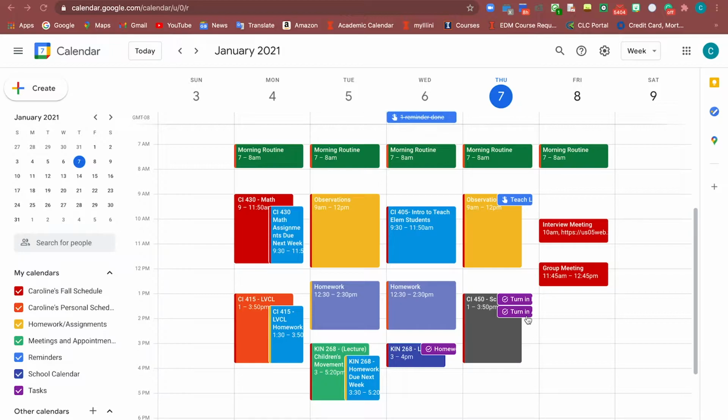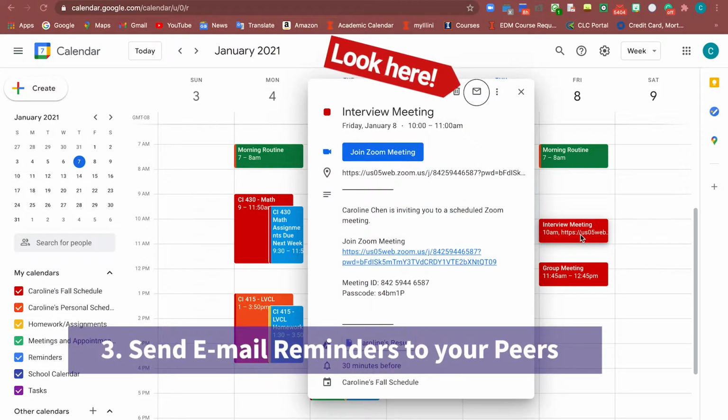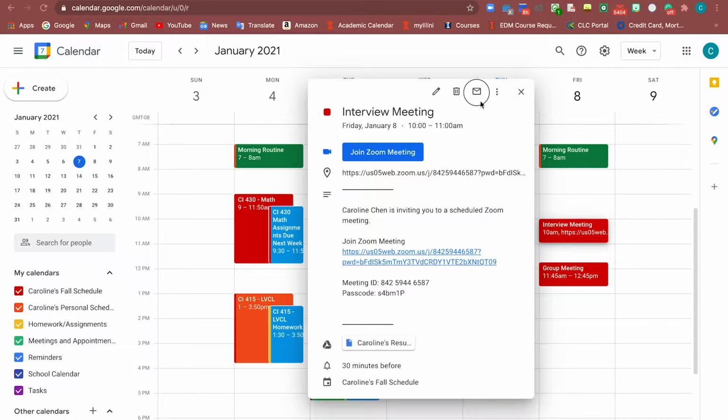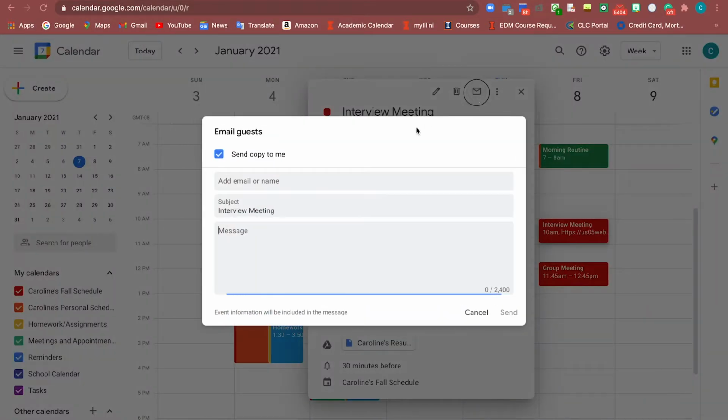So the third tip and trick that I would like to show you is the email icon. And here's the thing, the email icon is very well hidden. Not a lot of people notice this because we tend to go to edit more often than email. So let's say somebody wants you to remind them that we have an interview meeting that's coming up. Well, all you have to do is click on your time block, click on this email icon here,